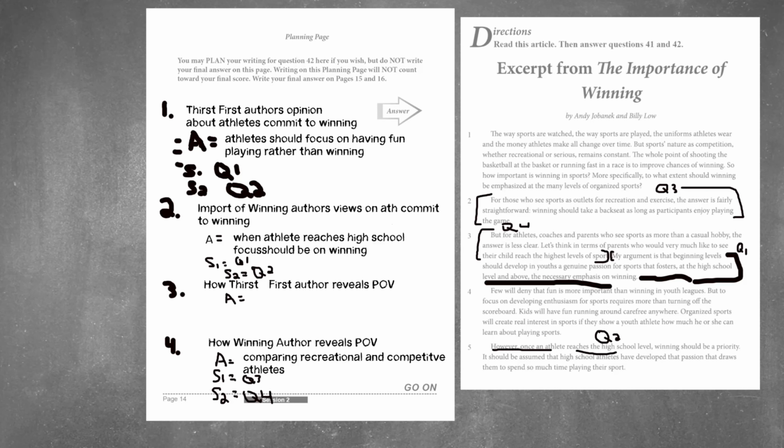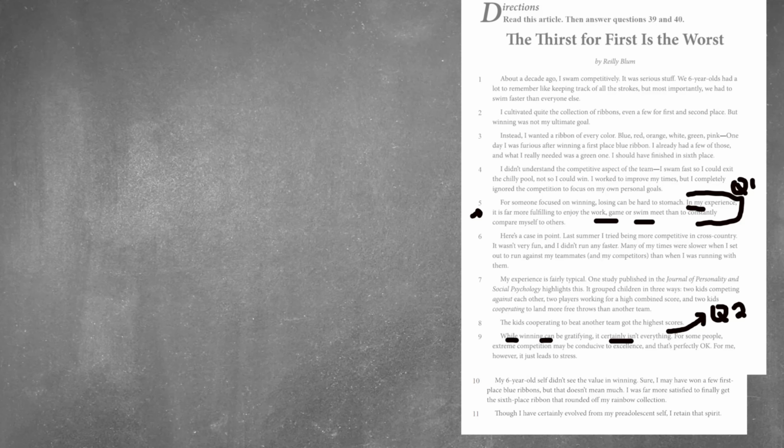So let's look to the author of the original passage. The author's point of view is revealed here by personal experience. So the answer would be, how she reveals it is by explaining her personal experience with winning. And we're going to find two more quotes to find it. Then we'll find a lot in this. This will be Q3. I like this quote here. We'll label this one Q4.